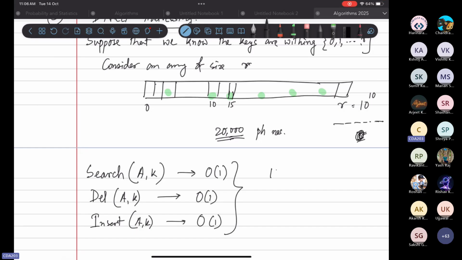Or let me tell you. No, there's nothing called collision in here. There's no collision in here. It's a wastage of memory. That's the problem here. All the keys are different. All the keys are distinct, and I'm putting them in